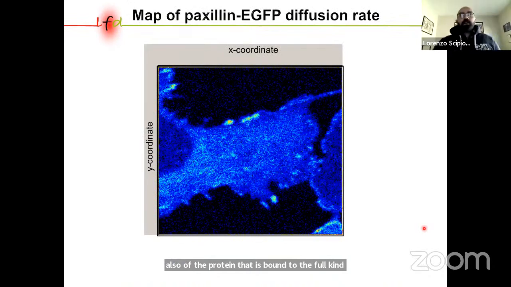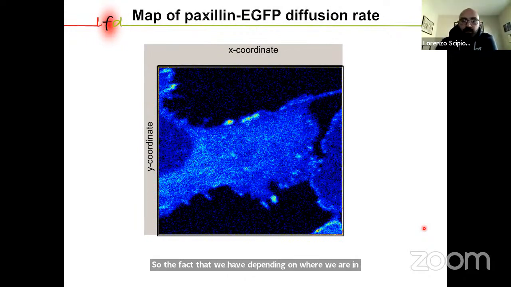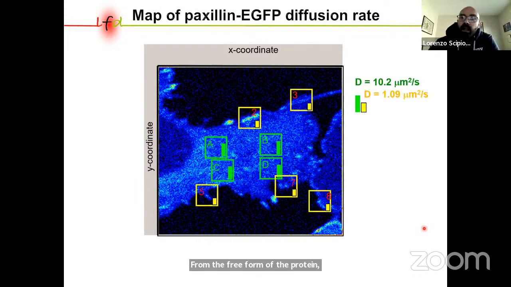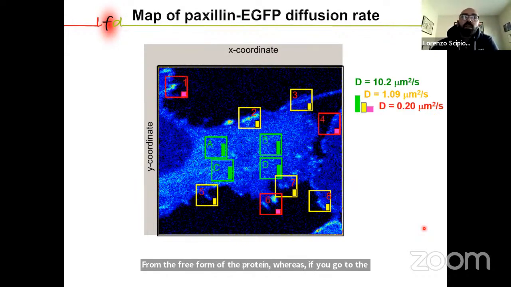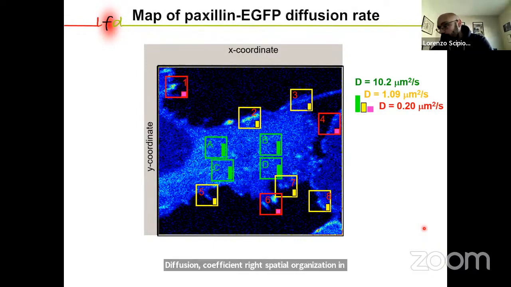The fact that, depending on where we are in the image, we can get different results is clear if you consider this example, right? If you take a region in the cytoplasm, then you will mostly get diffusion from the free form of the protein. Whereas if you go to the edges, you will get a smaller diffusion coefficient, and in other regions, you're getting an even smaller diffusion coefficient, all right? So spatial organization and spatial distribution of the diffusion parameters, like diffusion coefficient and concentration, is important and is something that we want to